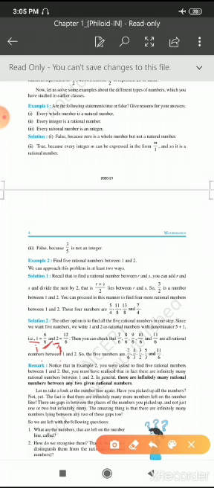See, between 6 by 6 and 12 by 6, there are 7 by 6, 8 by 6, 9 by 6, 10 by 6 and 11 by 6. So many rational numbers exist in between these two rational numbers, 6 by 6 and 12 by 6. In this way you can find 5 rational numbers. To find many rational numbers, we will use this form, and to find 1 or 2 rational numbers, you can use the formula. So, by seeing all this, what can you conclude? There are infinitely many rational numbers between any two rational numbers.